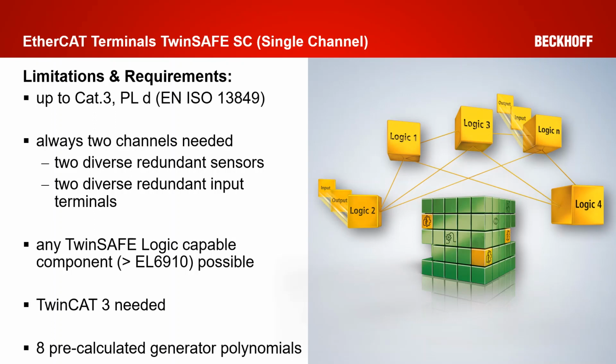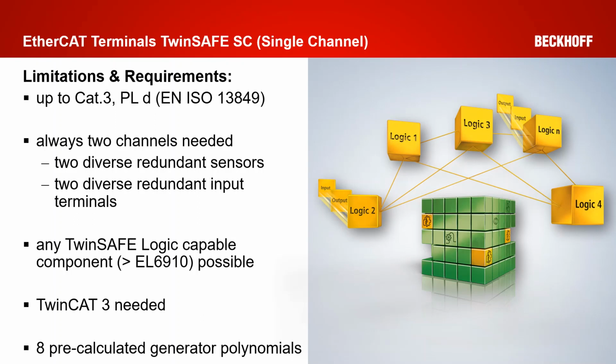Now we have the right choice of sensors and the right choice of input terminals. The next step is the safe validation. For the safe validation of the analog input signals, you can use any TwinSAFE logic capable component from the EL6910 onwards. So the old generation, the EL6900 and the EL6930, are not capable of doing TwinSAFE SC. And following the choice of a new generation TwinSAFE logic, you also need TwinCAT 3, of course,